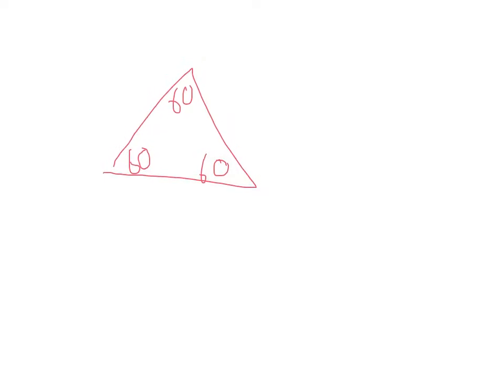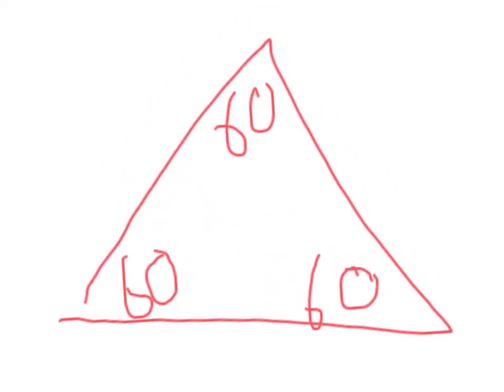Now let's say I take this triangle and I make a bisector. That's where you cut it in half. That means that this angle up here is going to be 30. Remember again, hypotenuse is 1 because of the unit circle. If I wanted to solve for x and y in this case,